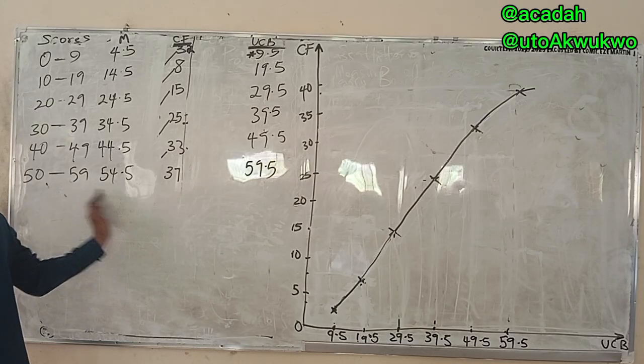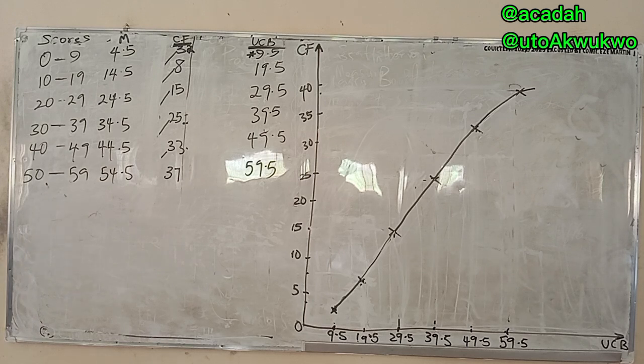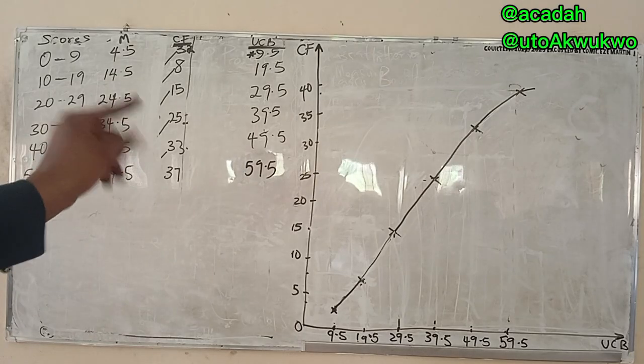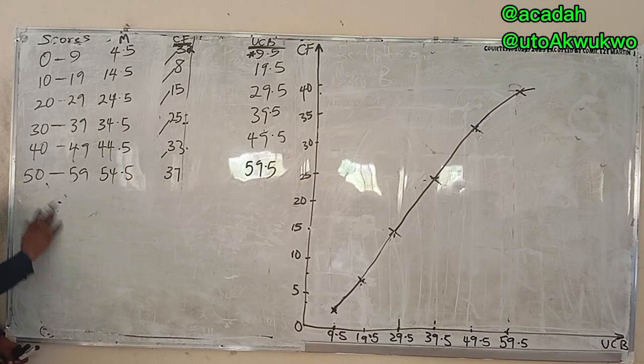Okay, I will not claim this information because I've already constructed it. Once you are asked to construct median, quartile, decile in measures of location, I see some students that will come and do the frequency divided by 2 for median, and that is just it. No, that is just a position. To get the median, you will go inside that class, that position, locate it. And how do you do it? By first of all drawing this, then using a serious formula. This is the formula for finding median.